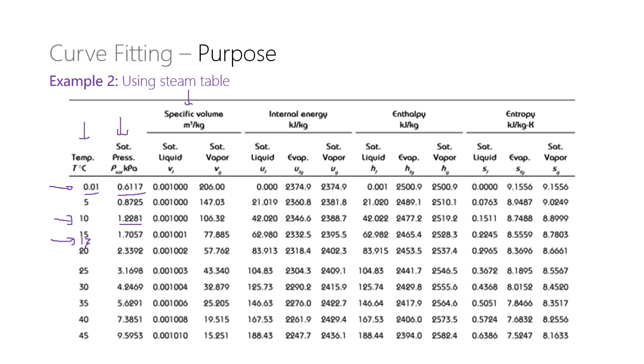What we want is the value of pressure at a temperature of 17 degrees centigrade, which is not given directly in this table, but we know the values of pressure at 15 degrees centigrade, 20 degrees centigrade, 25 degrees centigrade, and then 0.01, and so on. So let us see if we can plot a graph. On the next slide, I am going to plot the graph of that data and see if we can obtain the value of pressure at 17 degrees centigrade.